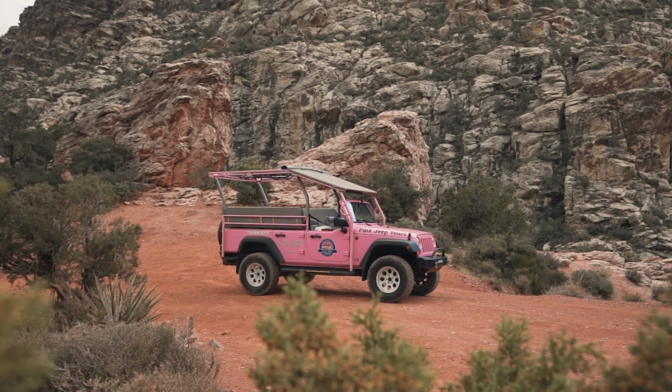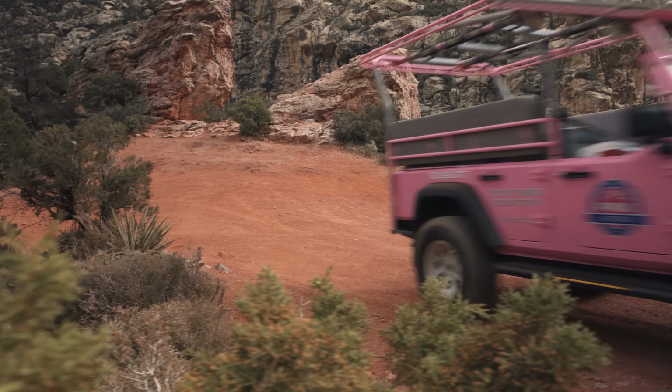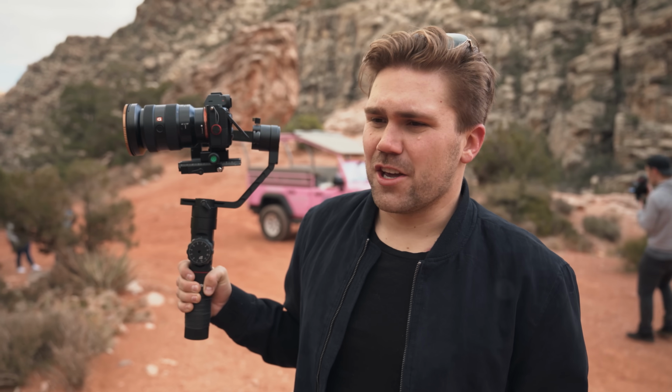I'm gonna show you 2 shots. Here's the first one. And here's the second one. I'm gonna give you a hot second to decide which one's better. And I'm also gonna give you a tip. It's number 2. Naturally in these situations when you're doing an activity, you wanna try to capture